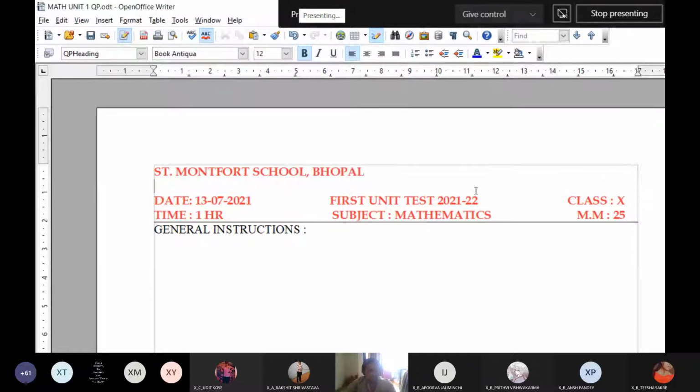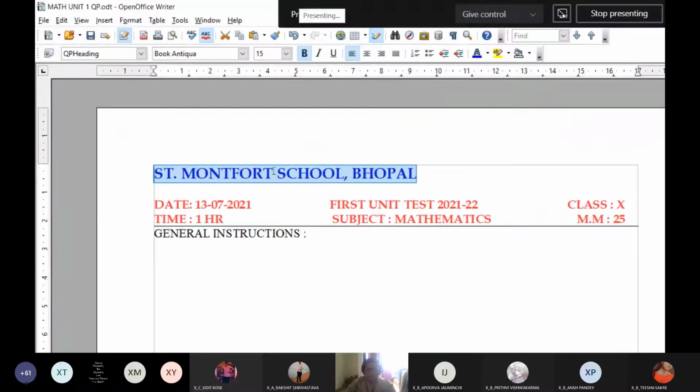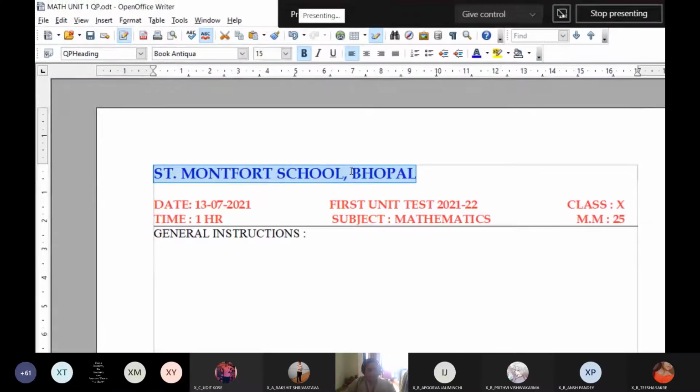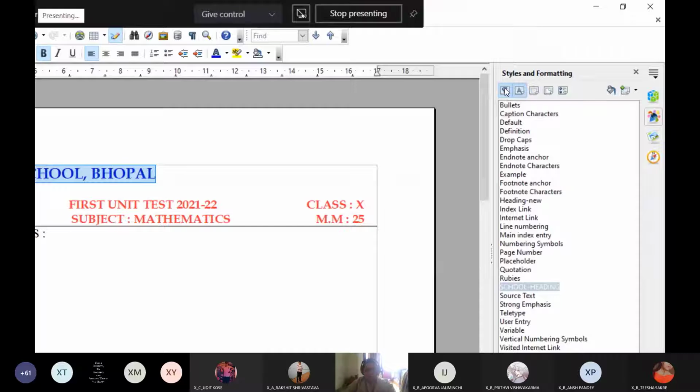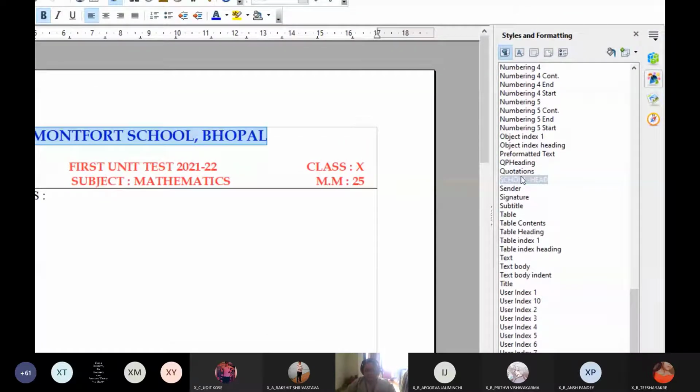Text you have to add yourself, and then you select this text, double click on school heading. So this formatting is applied. This is the character formatting only, that is font, font color, font style, font size, bold, italic, underline. Go to paragraph styles and select school head.